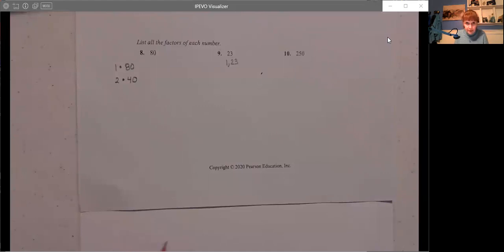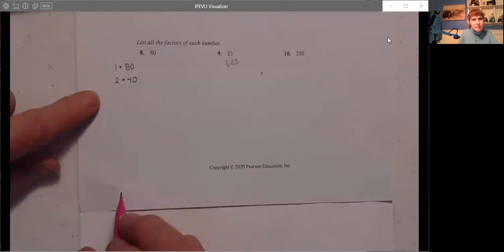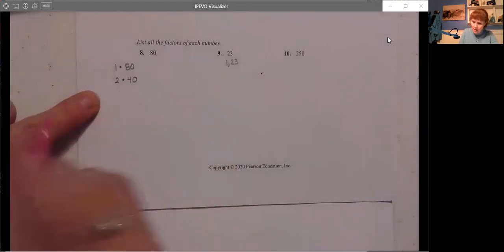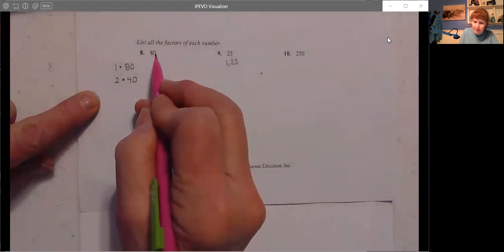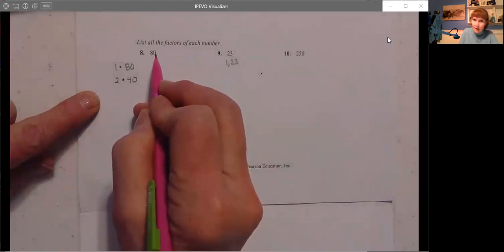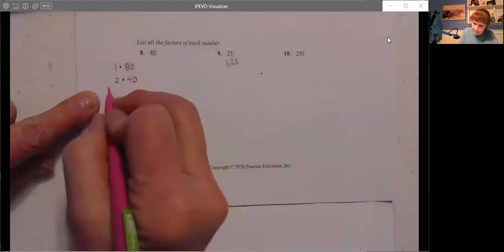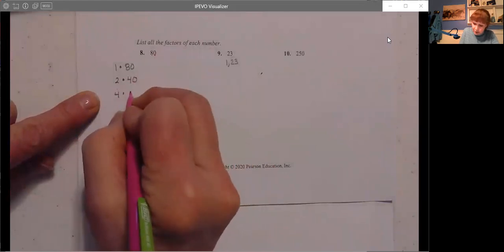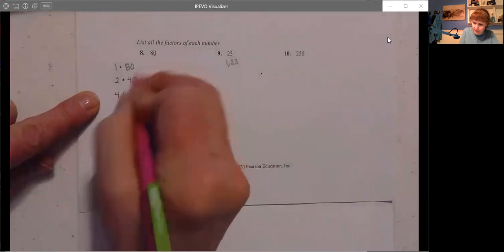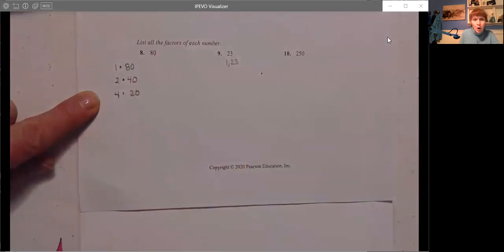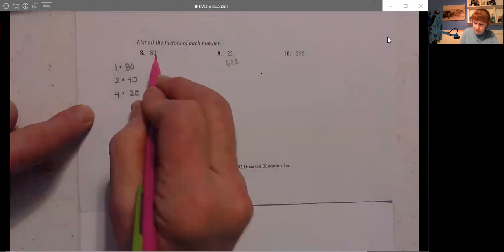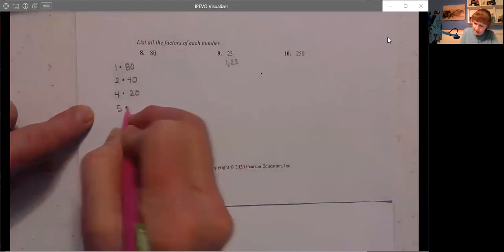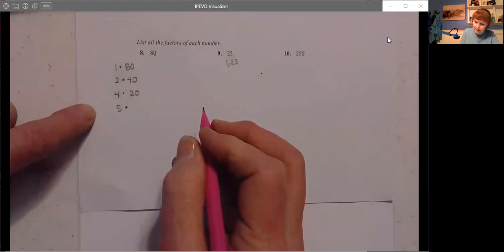Numbers that multiply together that give me 80. What about 3? Can I do a 3 right here? Let's see. 8 plus 0 is 8. 3 does not go into 8. So 3 is not a factor. What about 4? Well, 80 divided by 4 is 20. And you could do that on your calculator if you needed to find out the 20. What about 5? Would 5 go into there evenly? Sure, because it ends in a 0 or a 5. 5 times, let's see, it goes in